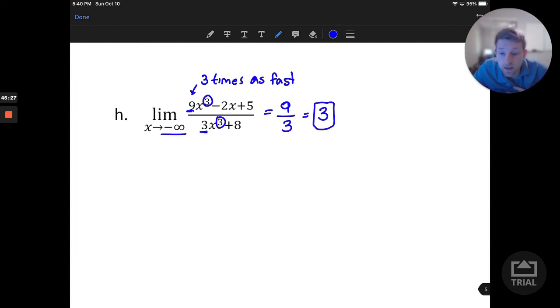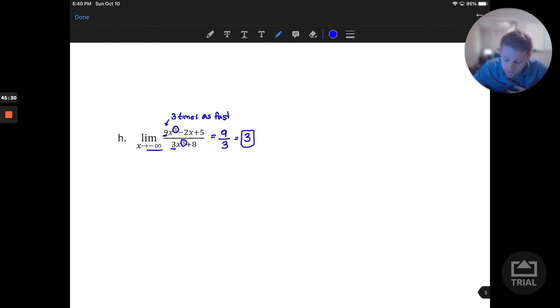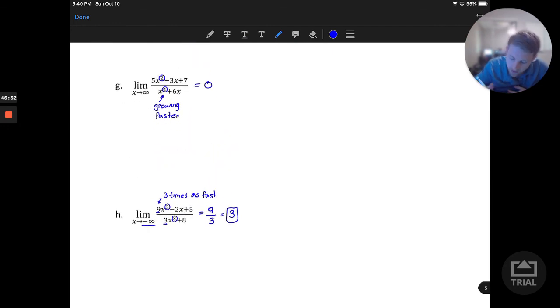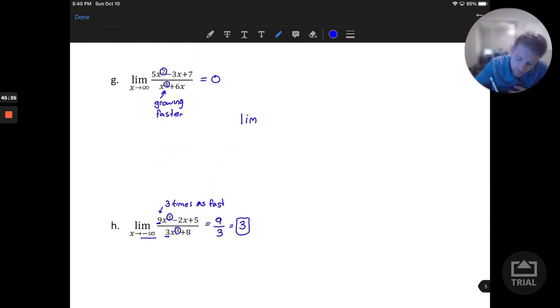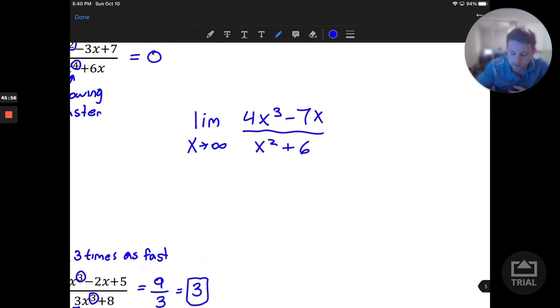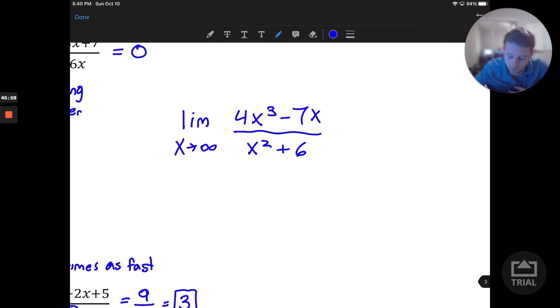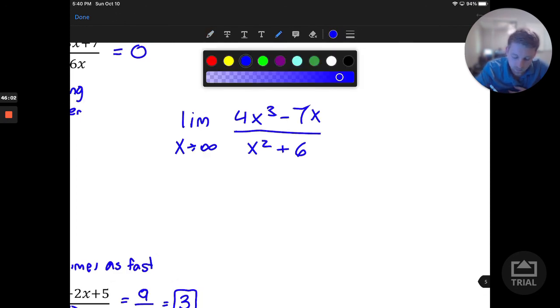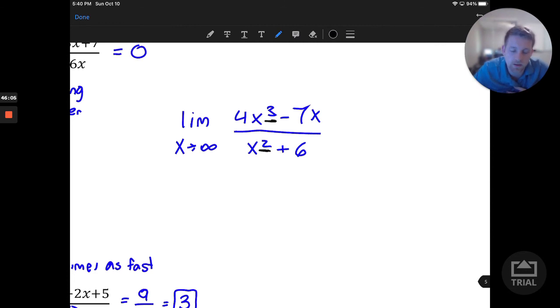And just as a bonus, a third case you might see with these limit values, we'll just jot down here, if we take the limit as x goes to infinity of, we'll call a function, 4x cubed minus 7x, divided by x squared plus 6. If we looked at this type of function here, we'll notice that the power in the numerator outnumbers the power in the denominator in that leading term. And so since the numerator is growing faster,